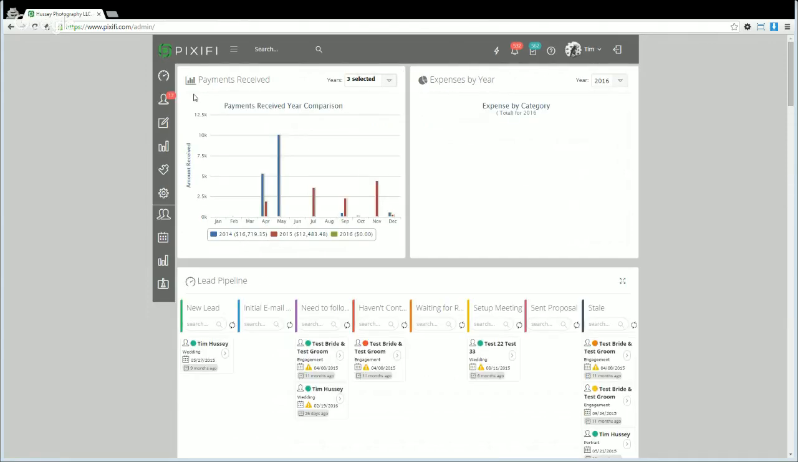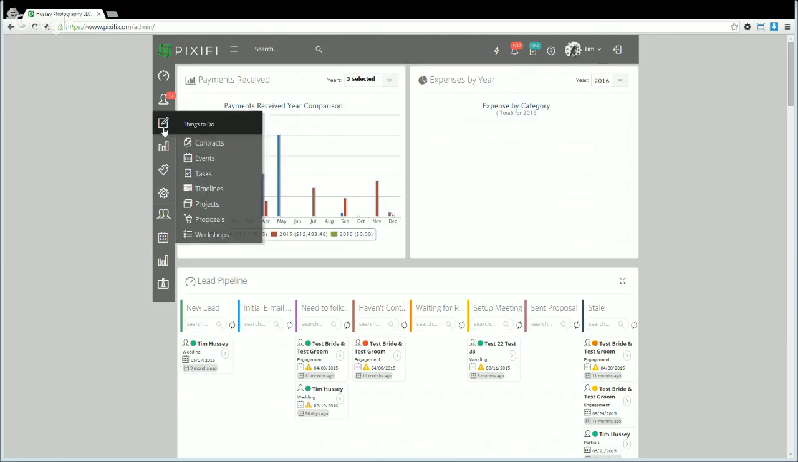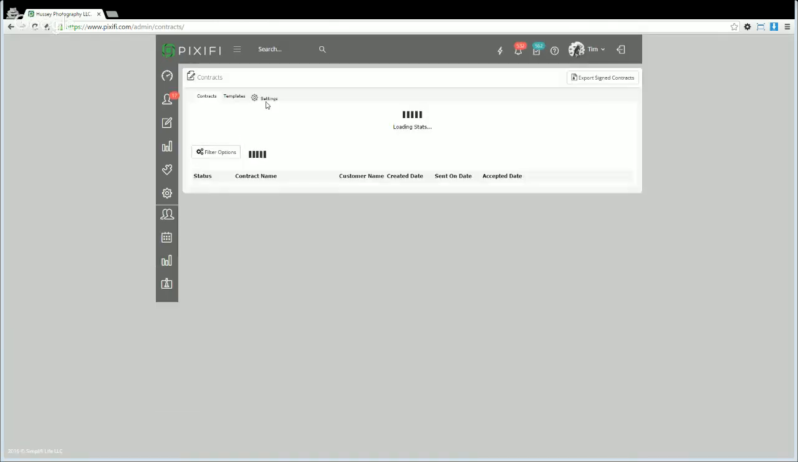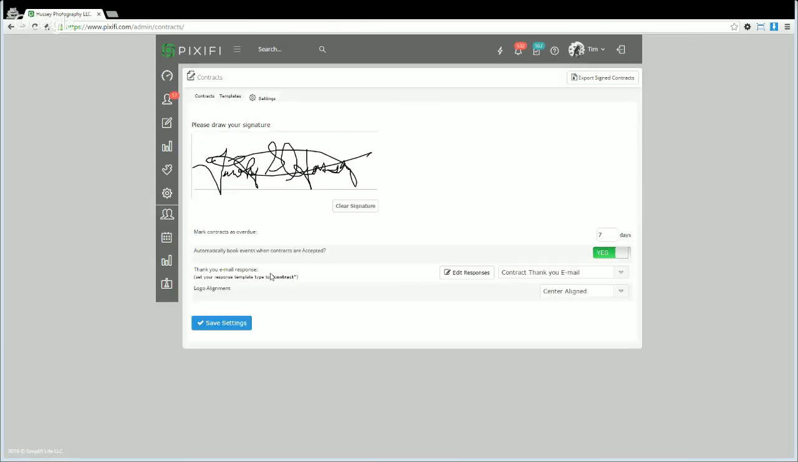So, can you set an auto email to go out right after the client books? Sure, you can actually have an automatic email get sent. There's multiple ways to do it. Some people will go into their contracts module. So I'll just show you this. You click on the settings tab, and here, as soon as your contract is signed, this little thank you email response, you can have it automatically send one of your email templates, and in there you can give them